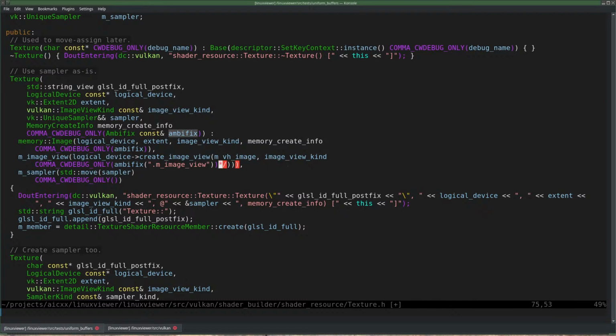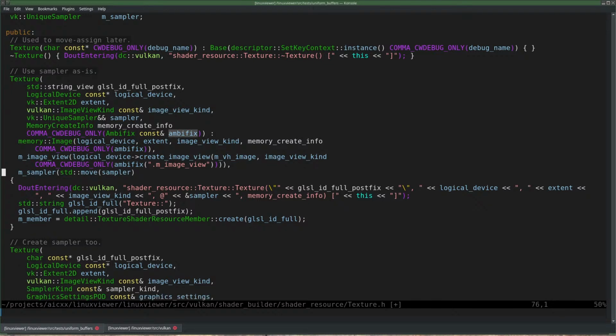I don't understand that anymore. And the sampler should already have it, so I don't need this anyway. So the prefix is now moved to